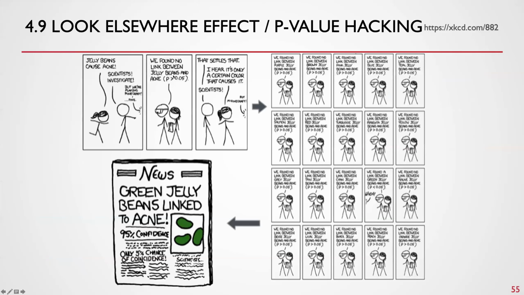Scientists find no link with a p-value of greater than 0.05. Then scientists are asked to go back and test different colors. They test 20 colors. Now you ask brown jelly, pink jelly, whatever. One of these really finds that there is a link between jelly beans and acne with a p-value that's smaller than that. And hence green jelly is linked to